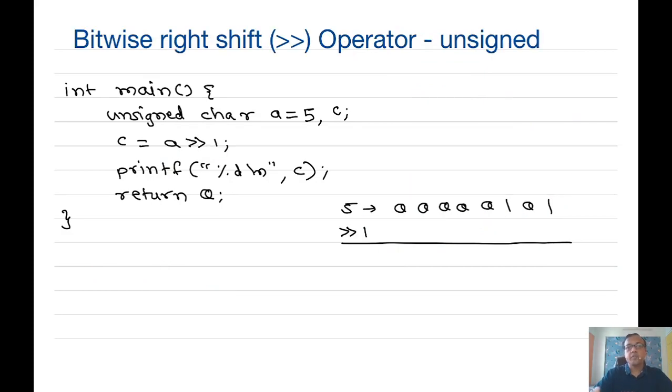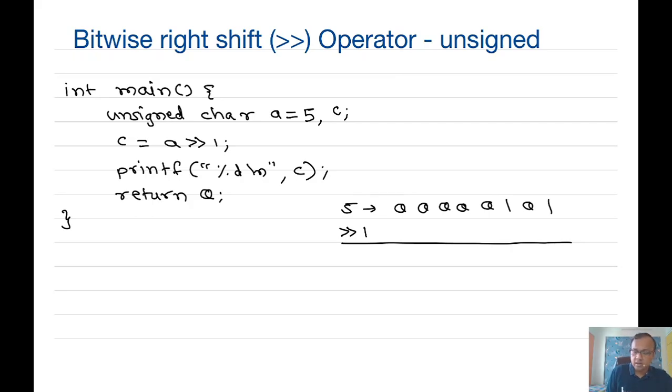Now let us continue with the bitwise right shift operator. When we apply the right shift operator on any number, the bits in that number are shifted to the right by 1. But unlike the left shift operator, the right shift operator behaves differently for unsigned numbers and differently for signed numbers. Let us first take a look at how it behaves with unsigned numbers.